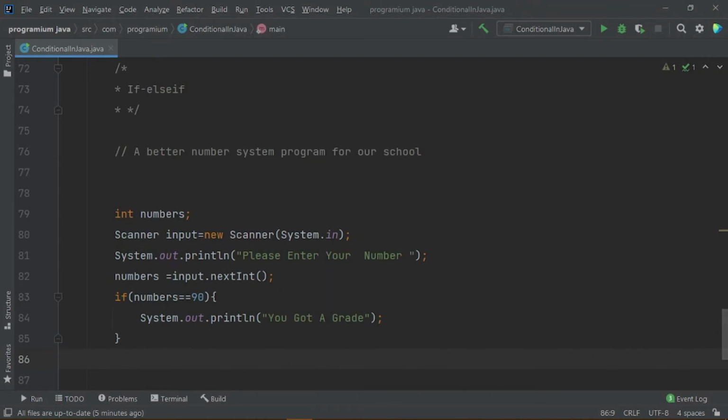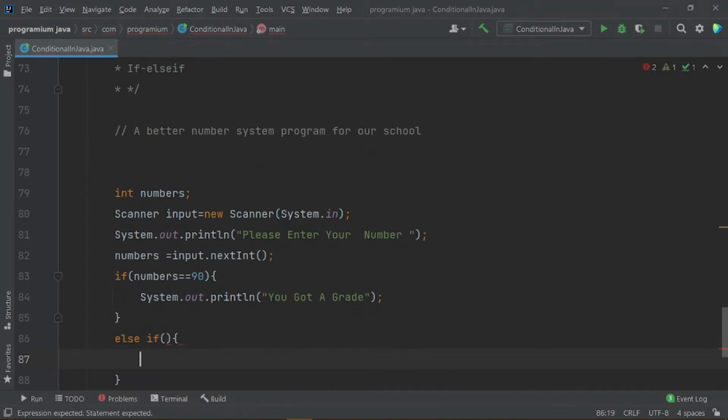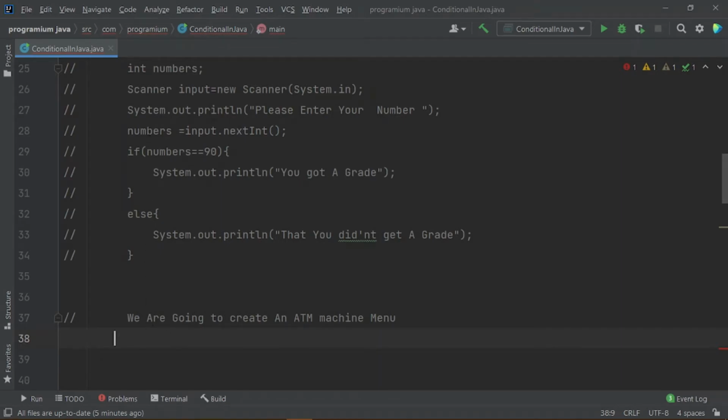Now, what are these else if conditions? You simply have to write else and again if and then the condition. Let me tell you the benefit of the else if condition and why we use it. In this scenario we take a number 90, and if that number is equal to 90 then we get A grade.